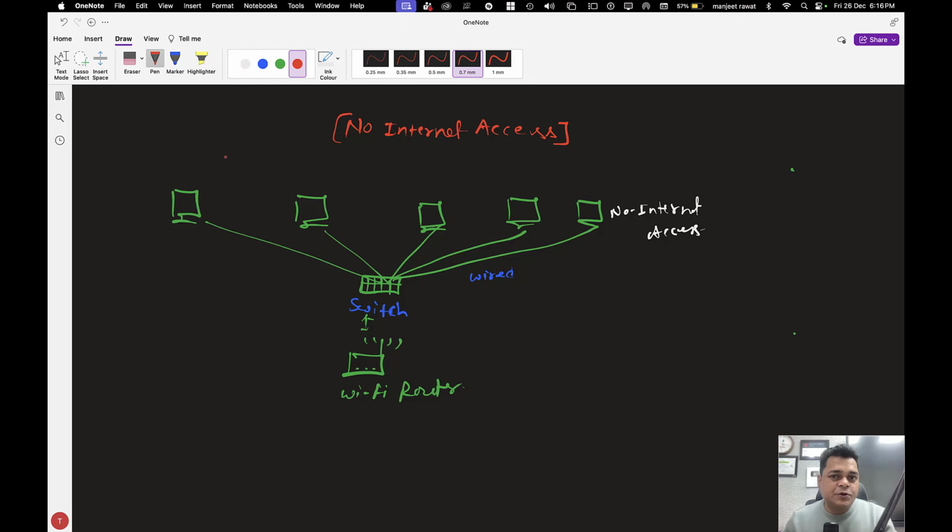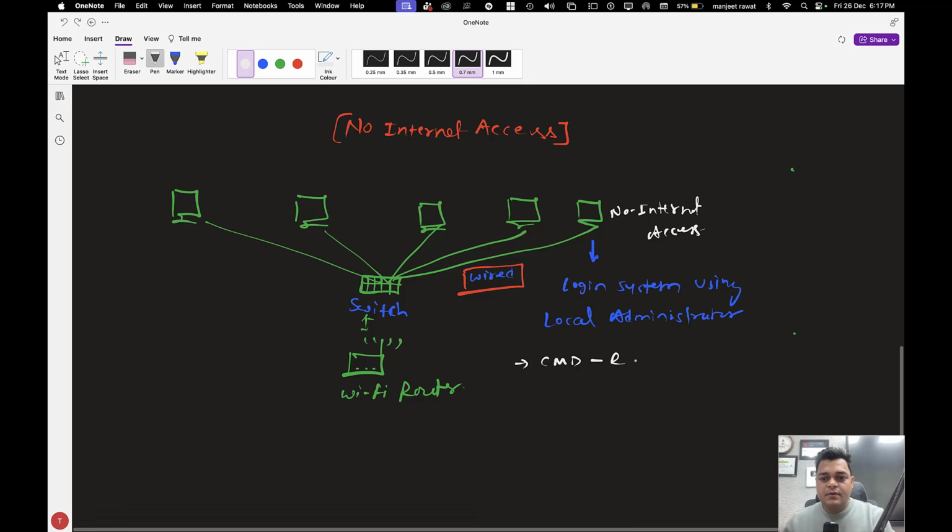In this situation, what do you need to do? Let's start our troubleshooting. If the infrastructure established by the organization uses cable, Ethernet card or switch, the very first step is to open your system and log in using the local administrator. This is really important. You must log in as the system administrator, local administrator. And the very first step, please open CMD and run the command